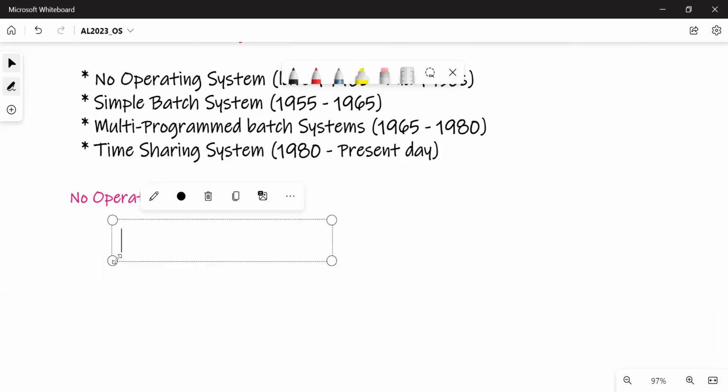When computers were developed in the beginning, there were no operating systems.